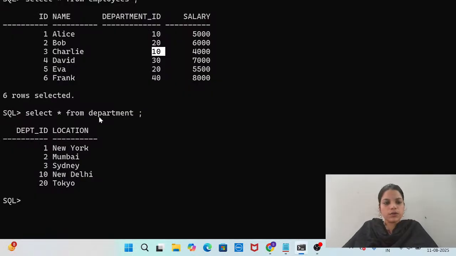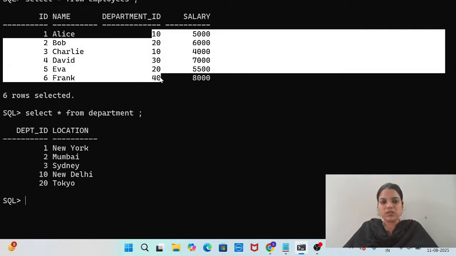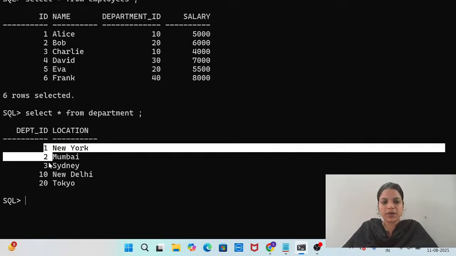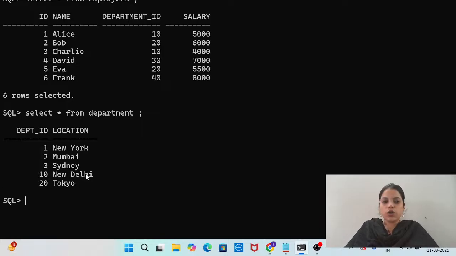I know New Delhi has department ID 10, and that's the only common data between the two tables. This is also department ID and this is also department ID, right? So how am I going to write that query? First of all, select the name column from the employee table where